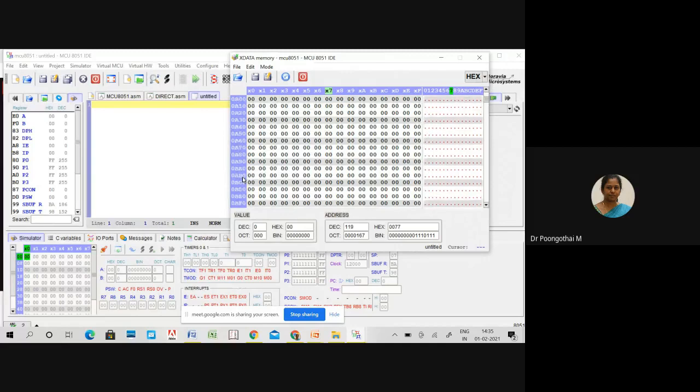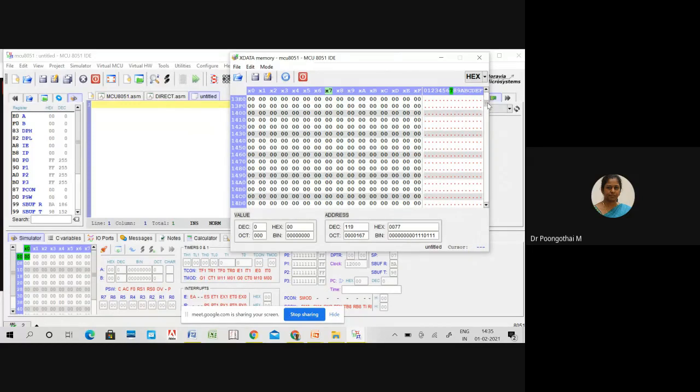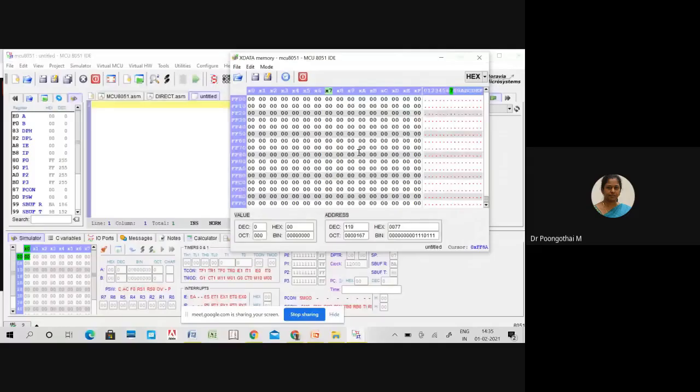We can access any address in this window. It is like a user accessible area.